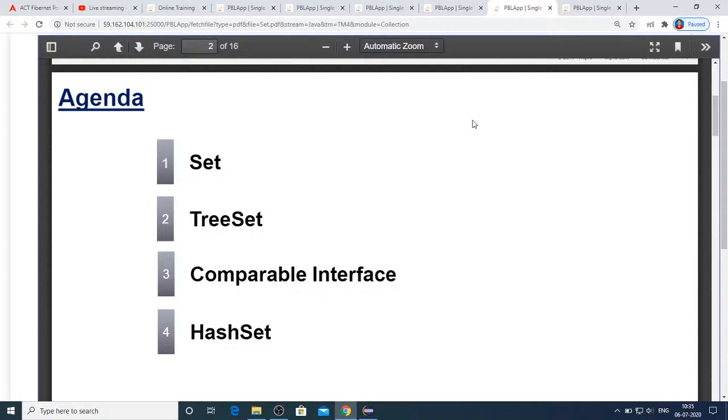But coming to set, set has no legacy classes and it's an unordered collection, so the order is not preserved. That means whatever order you insert, it will not be maintained, and no duplicates are allowed. That means if you try to add a duplicate, then only one copy will be maintained.